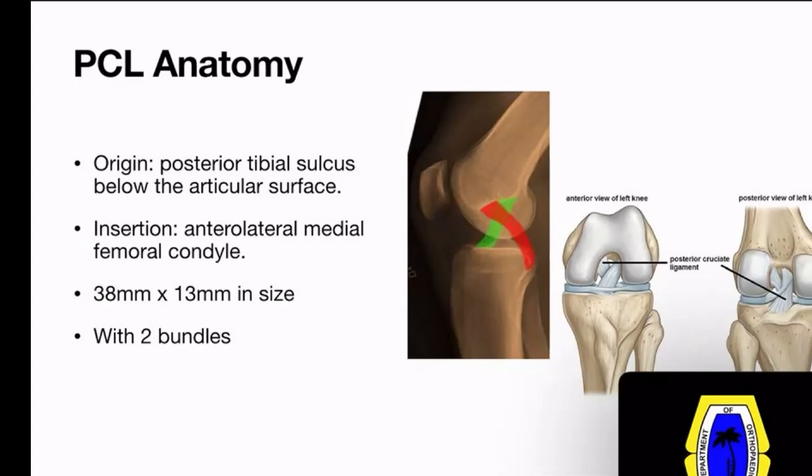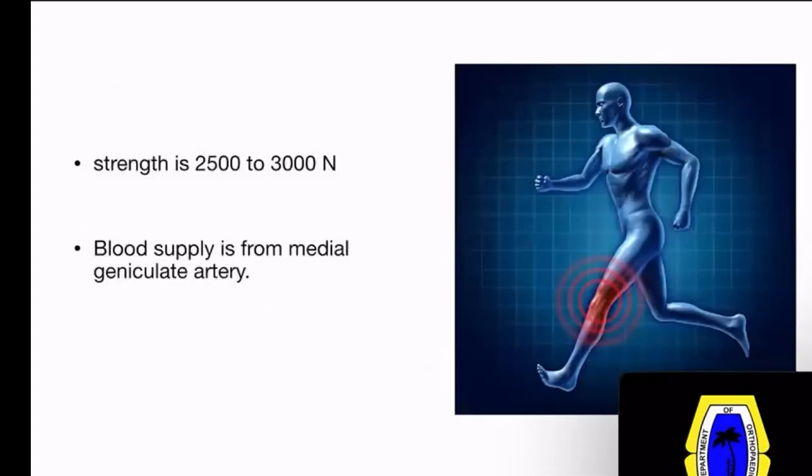So ulit, ACL, anteromedial bundle for anterior translation. ACL, posterolateral bundle for pivot shift and rotational control. PCL, anterolateral bundle, is stronger than the posteromedial and the one mainly responsible for the posterior translation restraint. Strength is 2,500